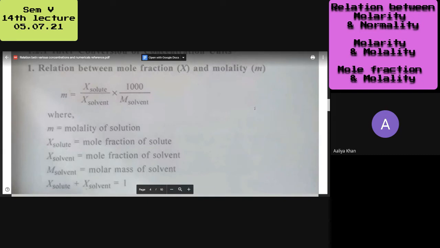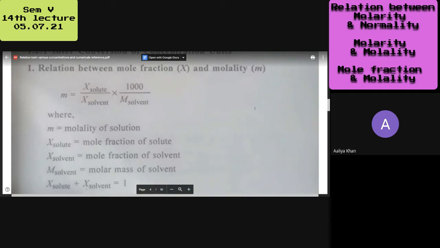Therefore, number of moles of solute is equal to molality into mass of solvent divided by 1000. Then placing the value of number of moles of solute in equation 3, mole fraction of solute divided by mole fraction of solvent is equal to molality into mass of solvent divided by 1000 into 1 upon number of moles of solvent. Then the mass of solvent gets cancelled, and finally